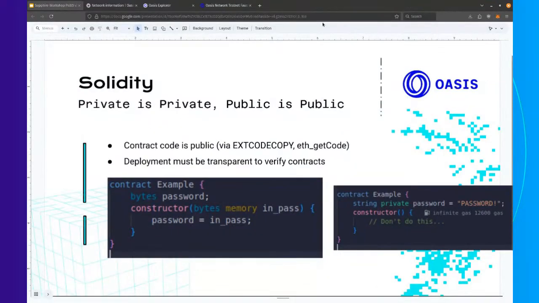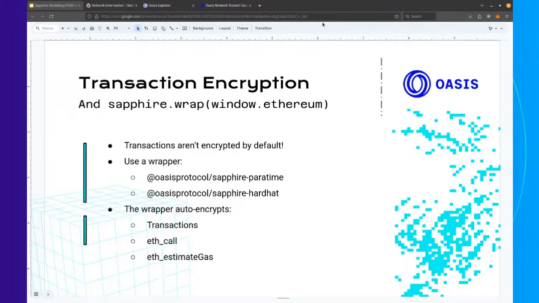So the next thing is transaction encryption. Transactions aren't encrypted by default unless you use one of the wrappers. So the wrapper is just a little layer that adds encryption. So if we want to encrypt the call data for transactions, or if we want to encrypt the view queries, the eth_call RPC calls, that means that the users with the DApp that's running in their browser have an encrypted channel that goes directly to the smart contract that nobody in between can intercept or see what they're doing. And likewise, this wrapper also adds encryption to the estimate gas calls,